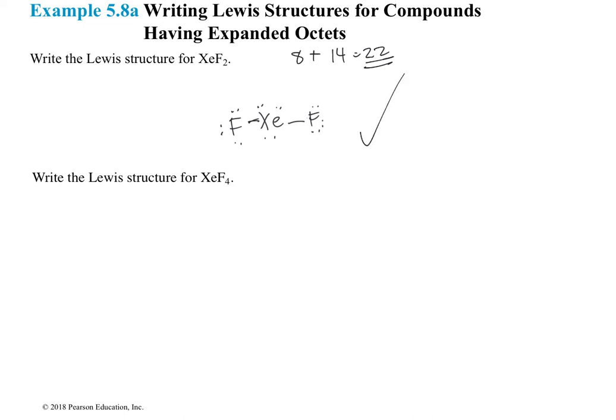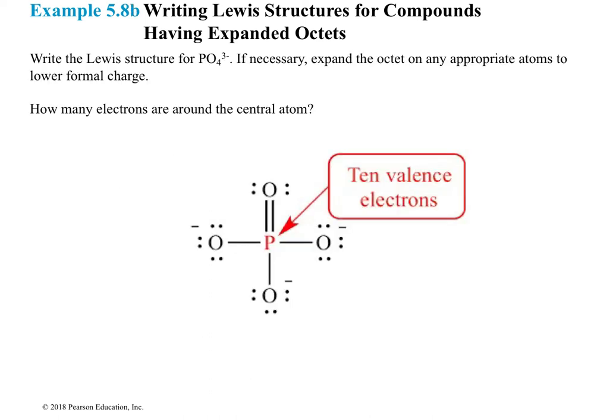Cool. So xenon tetrafluoride. We have 8 plus 7 times 4, so 36 valence electrons. So xenon, we'll have those fluorines. Put them around. 2, 4, 6, 8, 10, 12, 14, 16, 18, 20, 22, 24, 26, 28, 30, 32. Oh no, we need to get to 36. So I'm going to do 34, 36. Okay, the last one. I'm actually going to draw this one and talk a little bit about